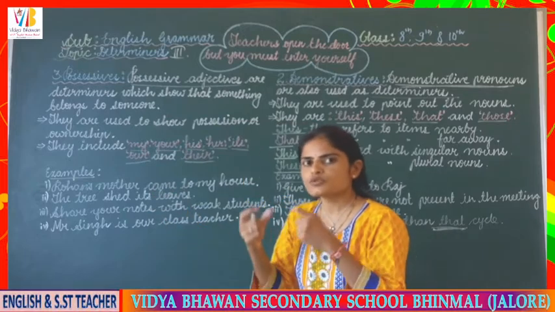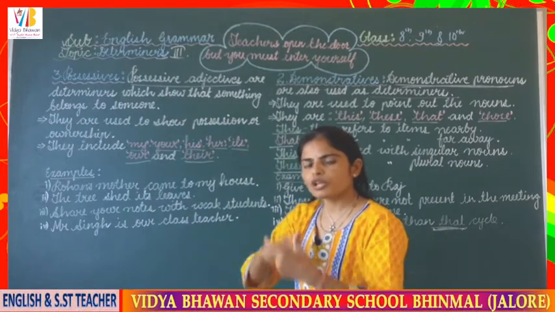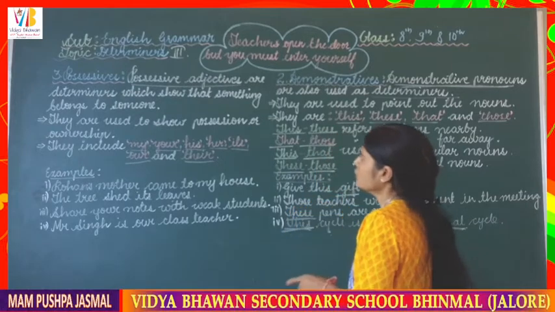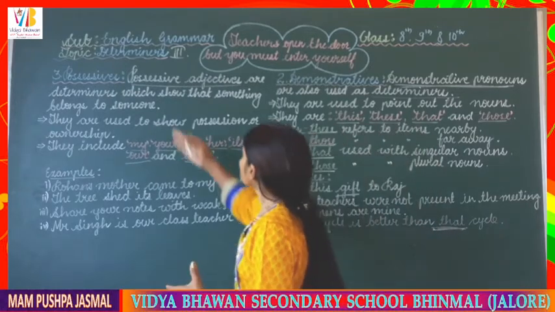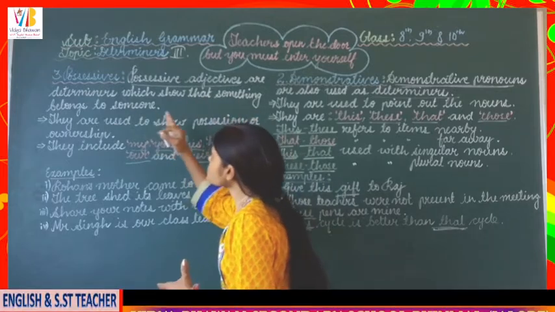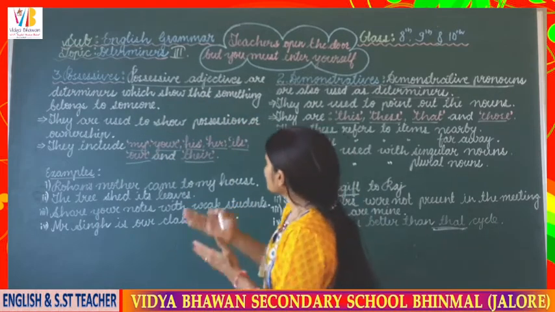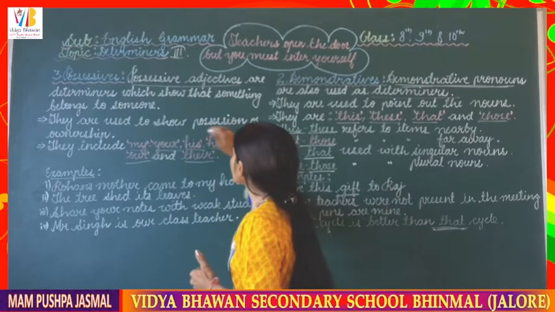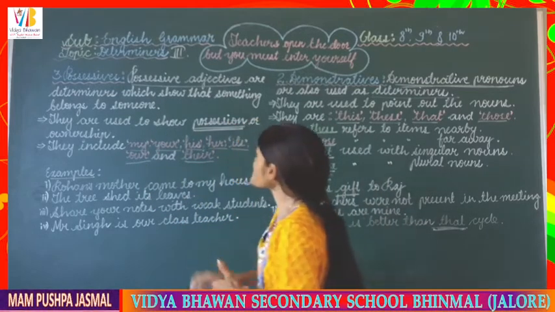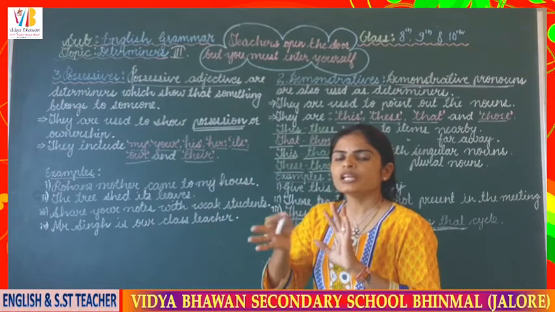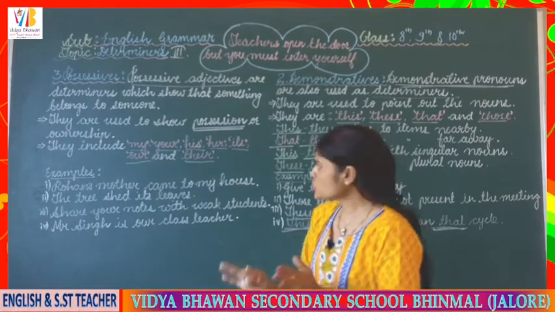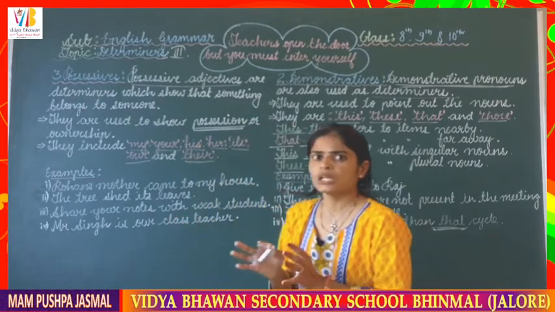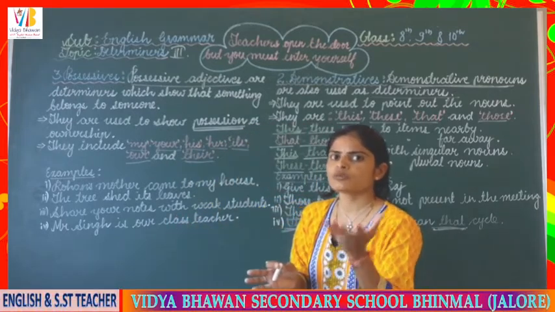जब कोई चीज, कोई वस्तु, कोई जगह किसी से बिलोंग करती हो, उस चीज को दिखाने के लिए जिन शब्दों का हम उपयोग करते हैं, the words whichever we use to show that something belongs to someone, those words are said to be the possessives here. Okay, they are used to show possession, ownership or relation. Relation, here one more word we can use. So these are used to show the possession, यानी ownership दिखाता है उस noun का.